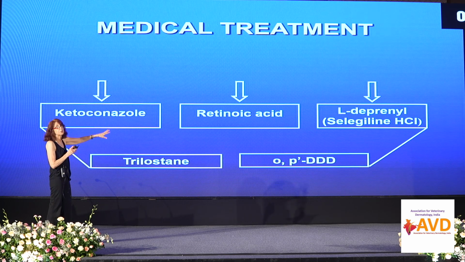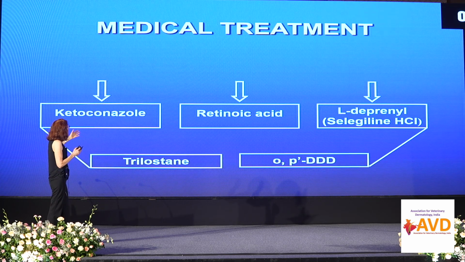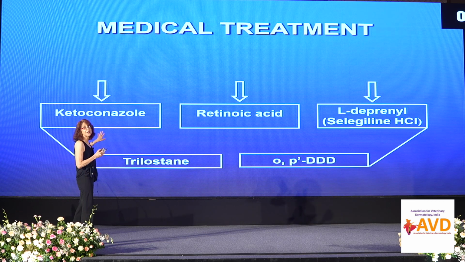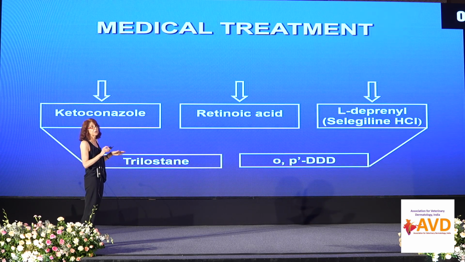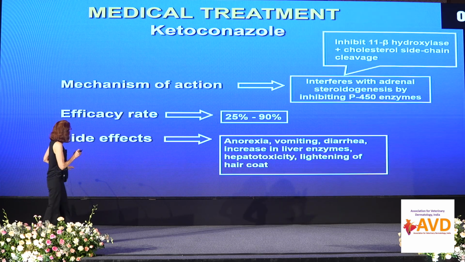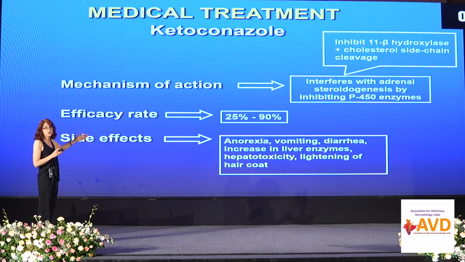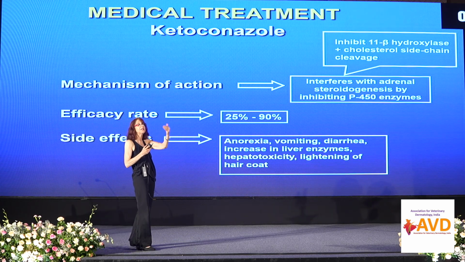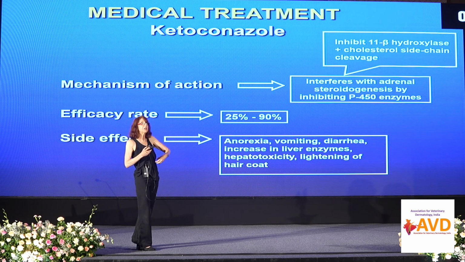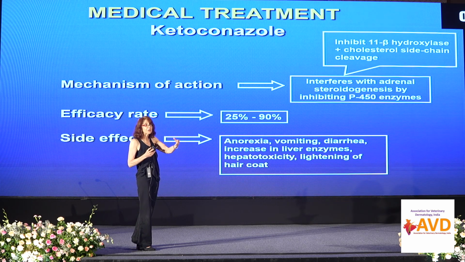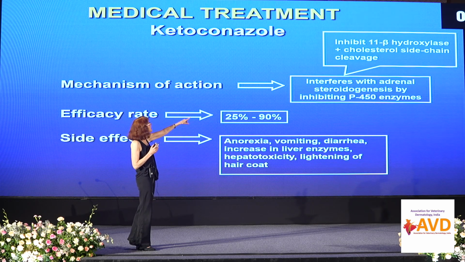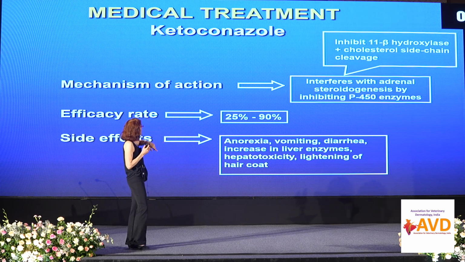So, all these possible treatments. I added the ones I checked with you and what you had here. I added some that you use that I have minimal experience with, but we'll get there, and the ones we use. Then ketoconazole. As you know, it inhibits steroidogenesis by inhibiting some of the liver P450 microsomal enzymes, especially 11 beta hydroxylase, and also the cholesterol side chain cleavage.